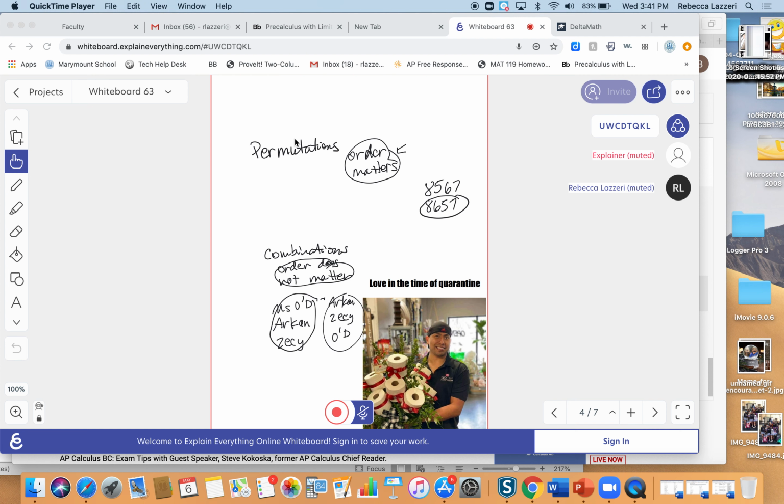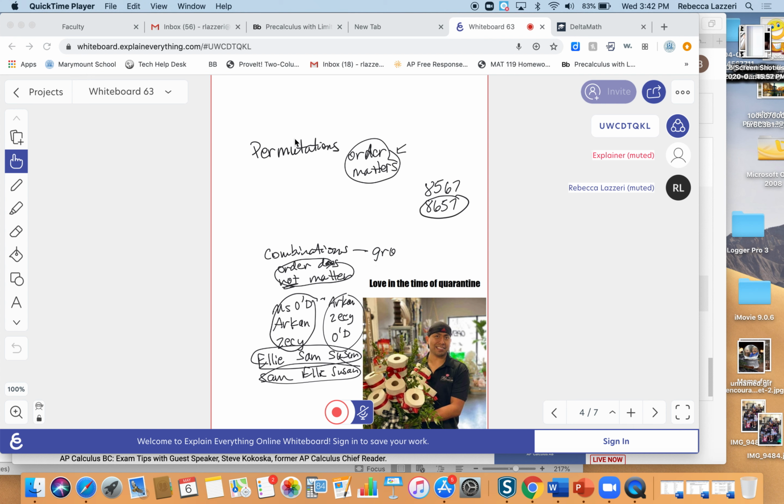If you say on the softball team we have Ellie and Sam and Susan, and then that's just the team. I don't get a new team if I say Sam, Ellie, and Susan. That's not a new team. Combinations, order does not matter.